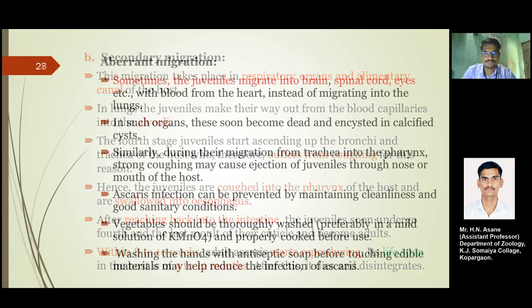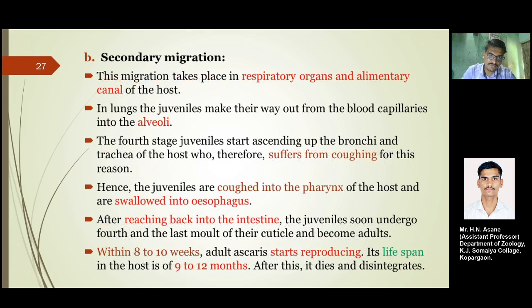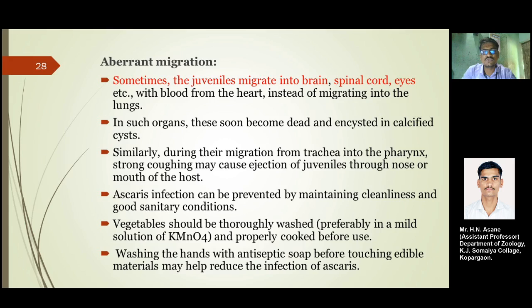I have told you that if this migration is not done in the proper way, it may lead to aberrant migrations. Sometimes the juveniles migrate into the brain, spinal cord, eyes, etc., which is not the proper path for these juveniles to migrate. So with the blood from the heart, instead of migrating into the lungs,